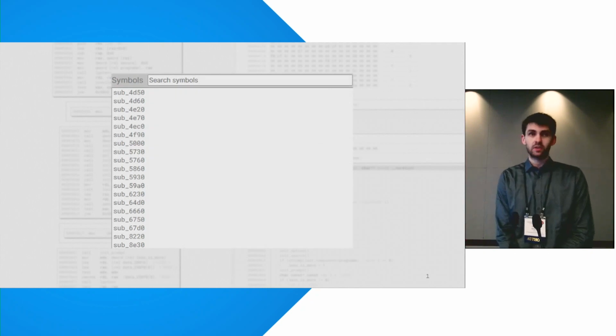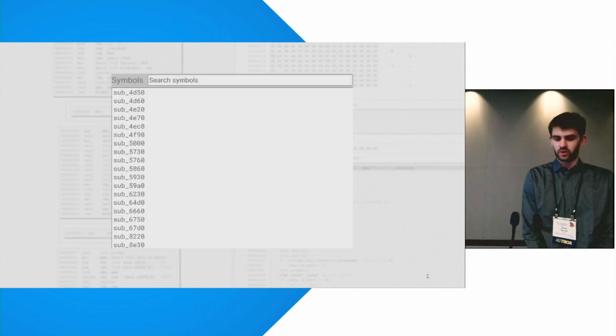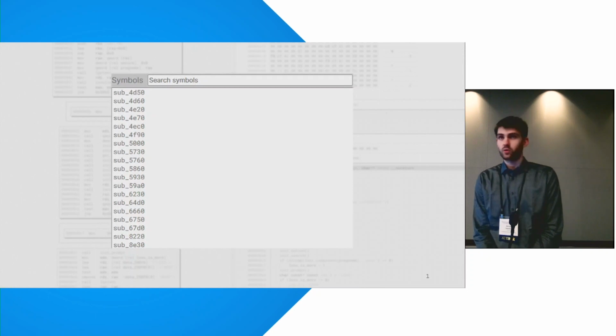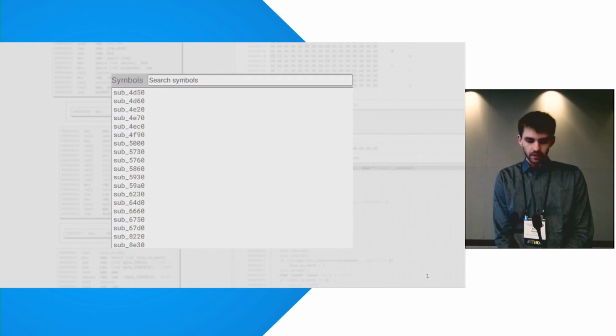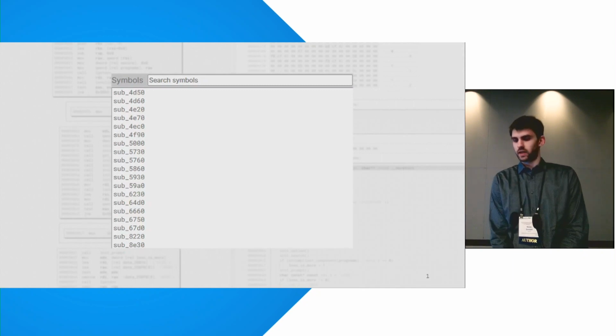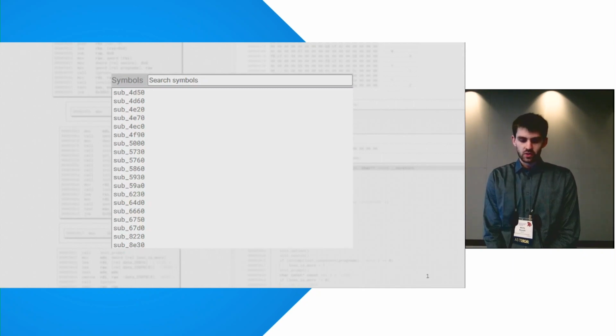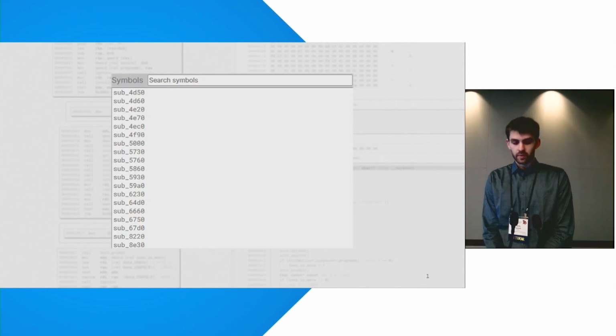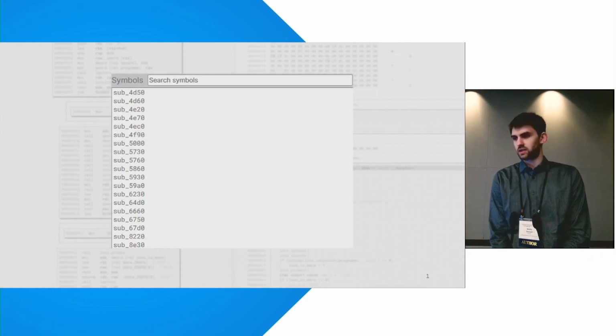Okay, so imagine you are a reverse engineer and you open up an unknown stripped binary. Usually you are facing this situation. Your favorite reverse engineering suite, in this case Binary Ninja, recognizes functions, but due to the symbols being stripped from the binary, the given names are just generic and in this case contain just the virtual address.